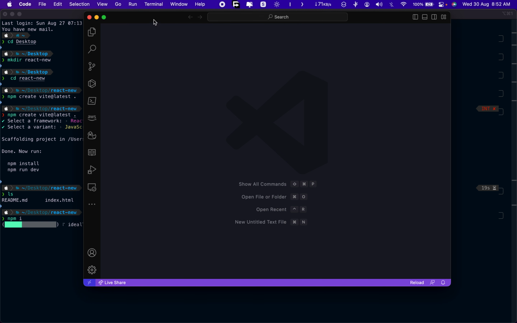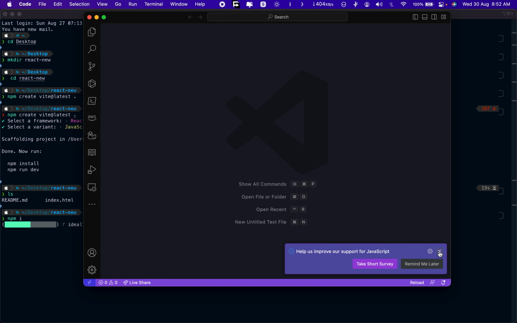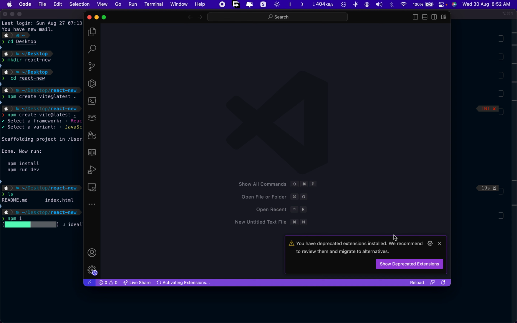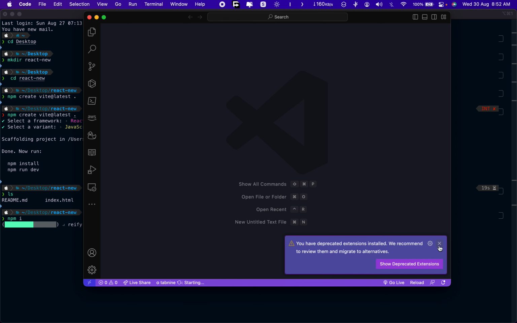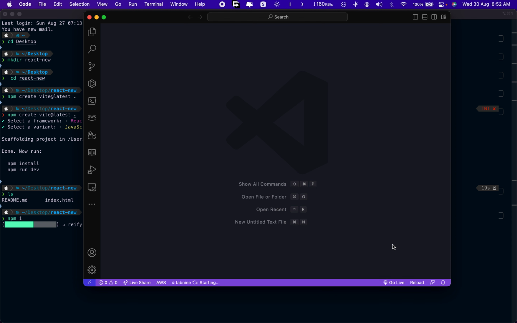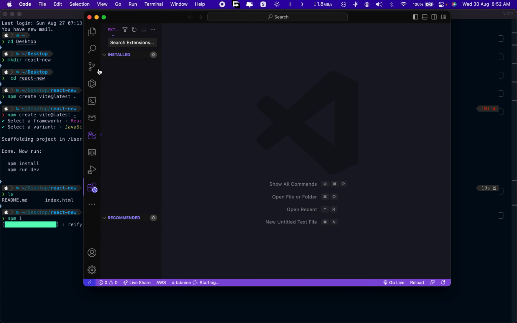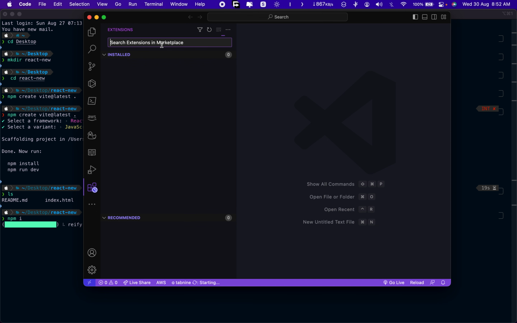So this is Visual Studio Code. I'm using a couple of plugins to help me with React. As I said, you don't have to reinvent the wheel doing everything by yourself. There are lots of extensions and community packages that you can install to make your life easier. So what you want to do is go into the extensions tab here. Yours should come up here since you don't have anything installed yet. Go to the extensions tab and you want to search for